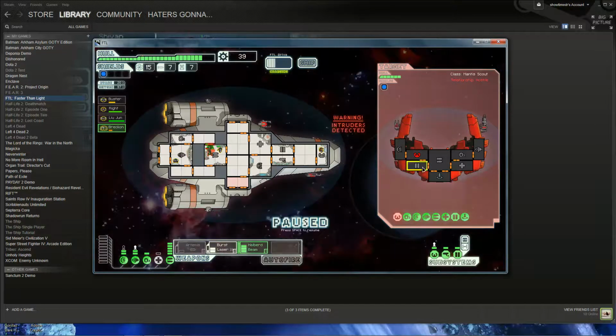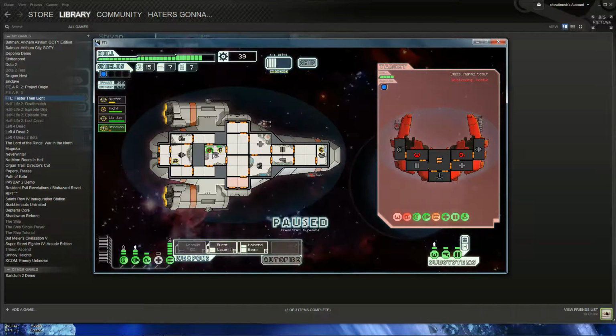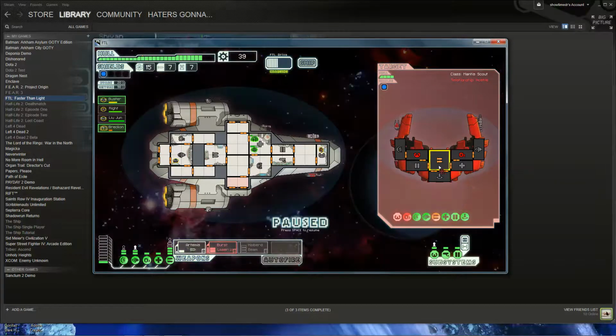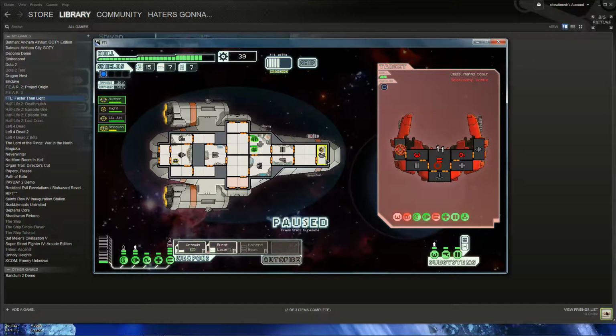So far, not so bad. Go ahead. Don't check this dudes. Alright, that's good. What I'm gonna do, I'm gonna power down the halberd beam, put my medic bay back online, and put the missile up just in case I need it, because his weapon systems are still active. Repair these guys. Okay, his weapon systems are down, so...